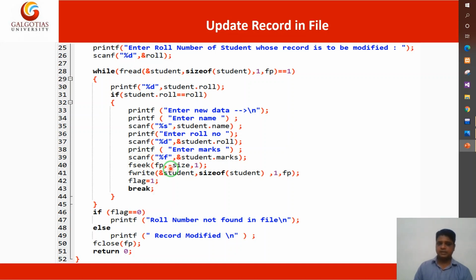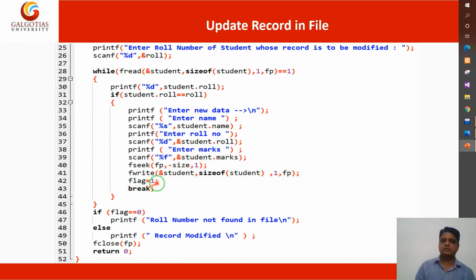Because when you are reading data, at that time your pointer will move to the next record automatically. After 207 bytes, the next record will automatically be pointed to. So if I want to update my 207-byte record, you will have to move your pointer backward. For this purpose here I have used fseek(fp, -size), minus 207 bytes, as a backward move. Now you are on the current record which you want to update. Okay, now you fwrite the whole data, and this will be written into the file pointer,